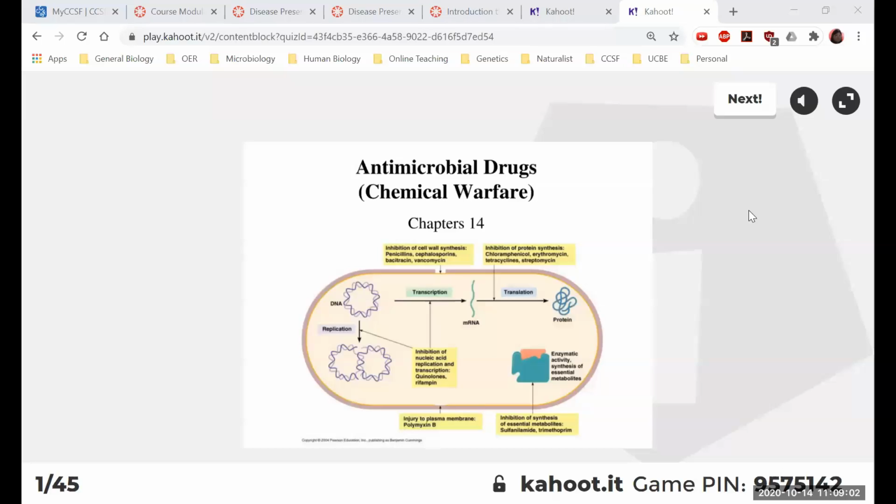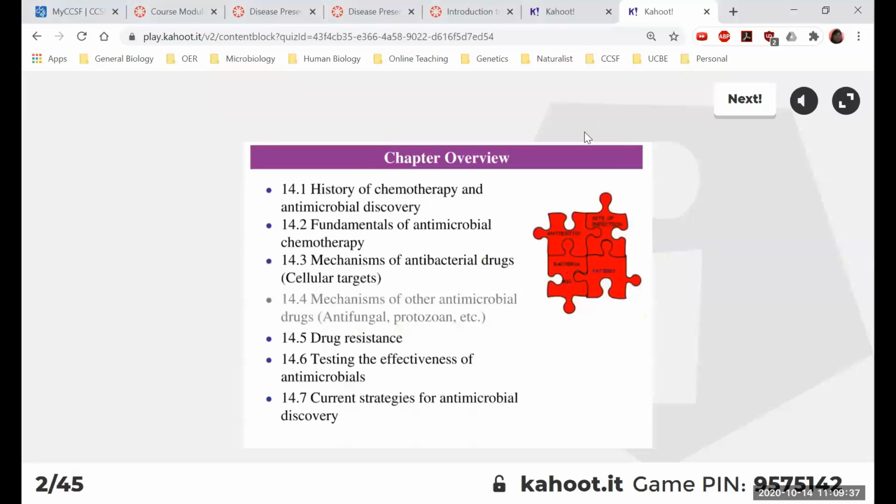All right, so we talked about physical and chemical control of microbial growth in the last chapter. And this chapter is mainly dedicated to antibiotics because we are pretty much focused on bacteria. I call antibiotics chemical warfare because it literally is the chemical warfare between us and bacteria. Of course, there are other things like fungi involved because the original antibiotics were actually made by fungi. So this is an overview of the chapter.